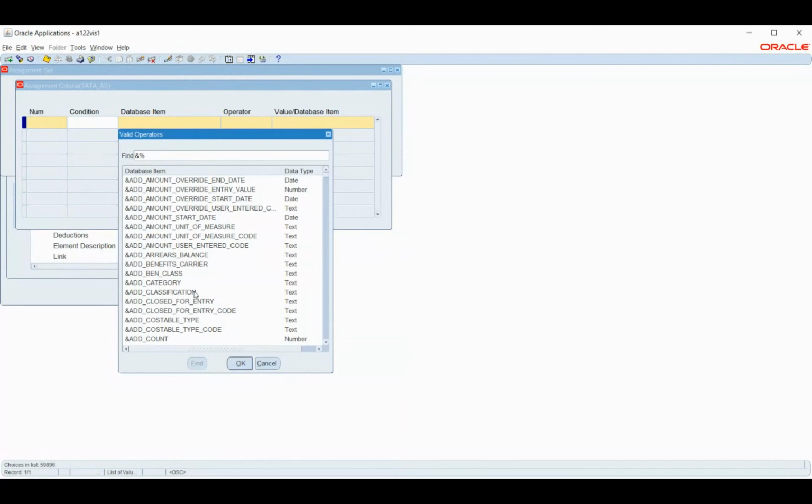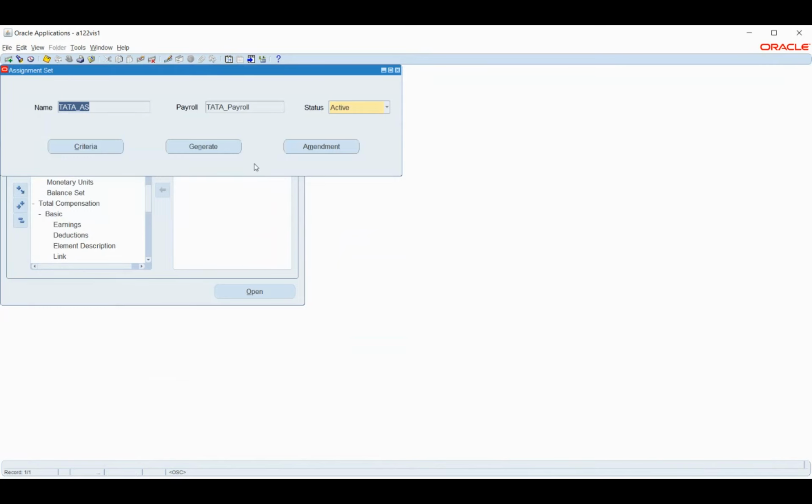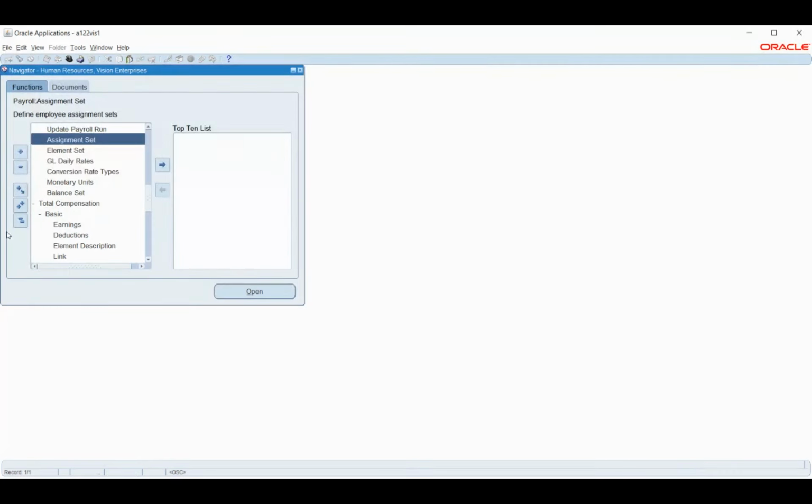So we have an option called write formula. So using that option, probably we can create a number of condition sets. Okay. So we will see that later part. So after completing our basic payroll processing, we will see how we can use the formula and where we will attach it, and what functionalities we can achieve using the formula. So those things we will see separately. Okay, so for now, these are the things that we can use. So basically, we have the condition or the criteria to pick the employees. So we have created it.